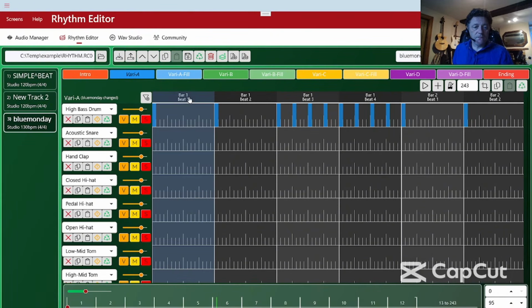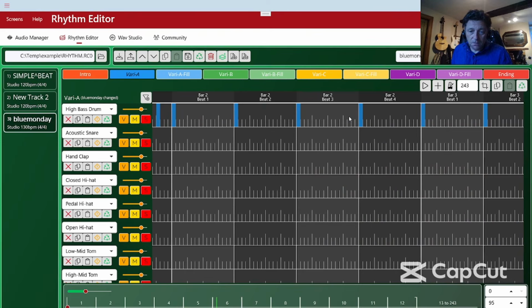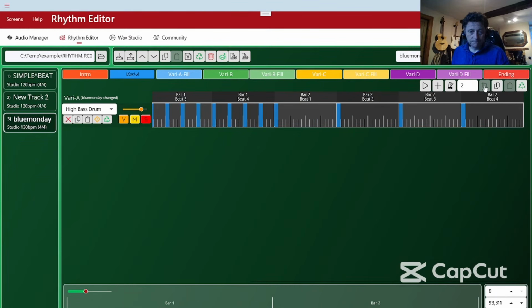So I just go off and select from bar 1. I'd probably go up to just there and just get a 2 bar sample, and I'll just press crop. And because none of the other instruments are in these first 2 bars, they just get removed because they don't play anything. So that then becomes the beginning,